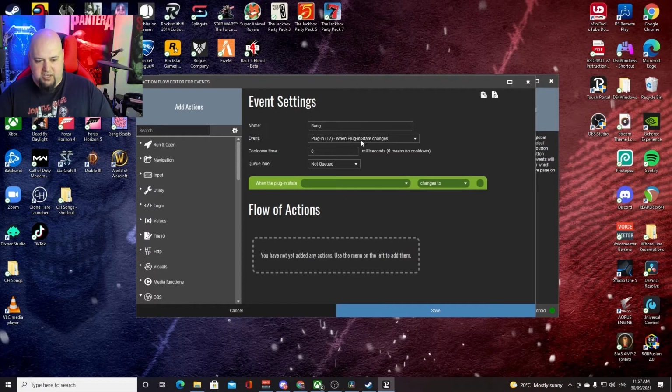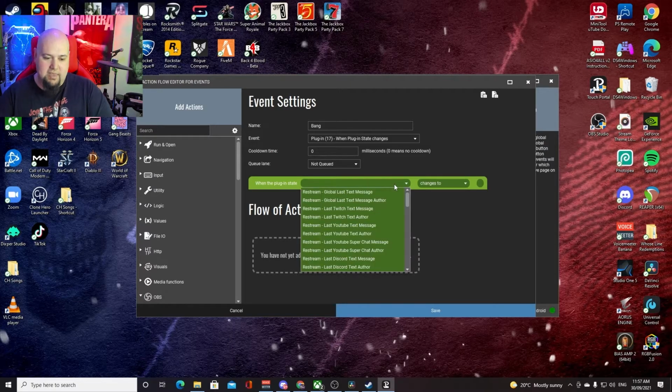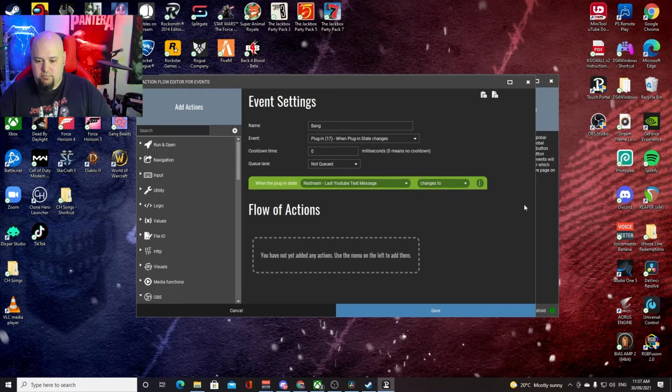When you've clicked on when the plugin state changes on plugin 17, it'll come up with an option saying when the plugin state blank changes to blank, then it will have a flow of actions. So the first thing you want to do is drop down that menu, and you want to find Restream last YouTube text message. Leave this option as changes to, and we're going to go exclamation mark bang. And once that's set up, you'll say when the plugin state Restream last YouTube text message changes to exclamation mark bang,